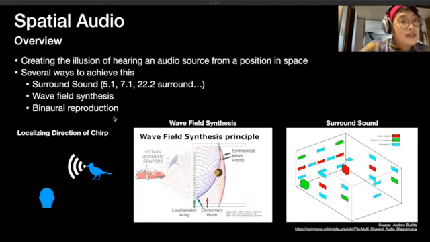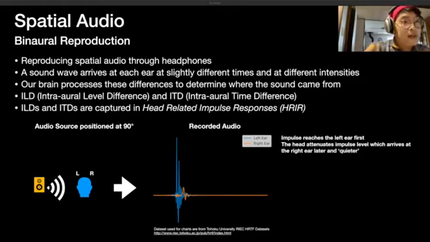Finally, the last method is binaural reproduction. This is the method that is actually employed by the Orbiter plugin. And so I'm going to be talking about this a little bit more. So where surround sound used multiple speakers to achieve the spatialization effect, binaural reproduction reproduces spatial audio using only your